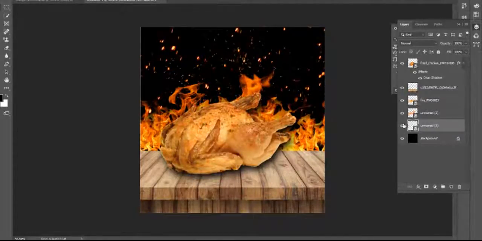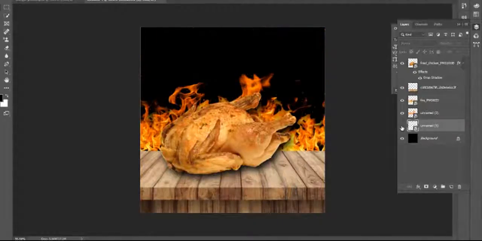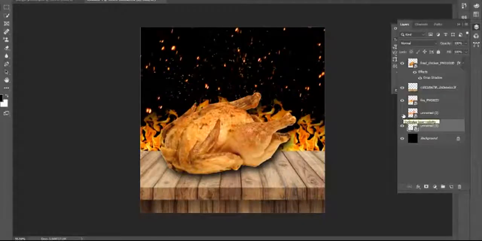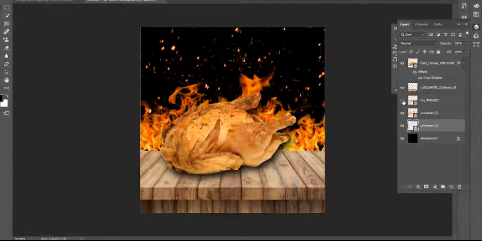So my flame is in the black back layer, and inside the particles I have a flame, and I have another flame. So I have basically two flames and particles. Okay, then I select the whole chicken, and I need some color correction. I mean, look at the layer first. Sorry, look at the fire.